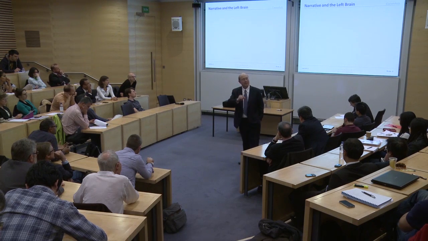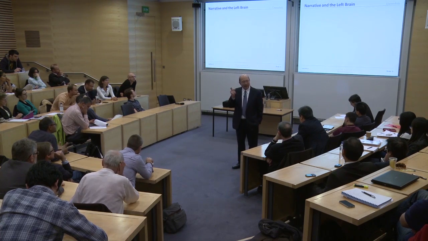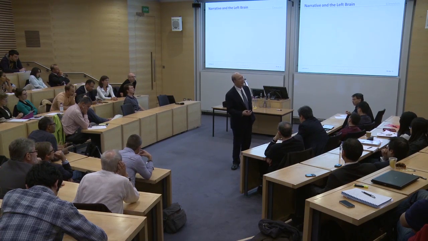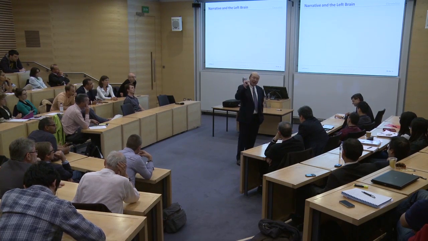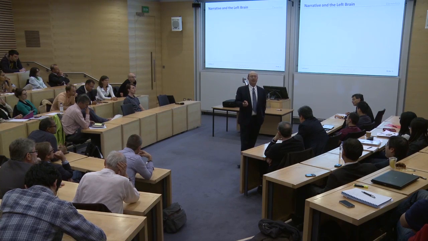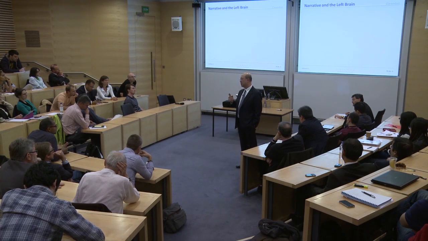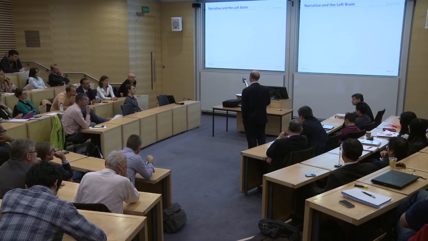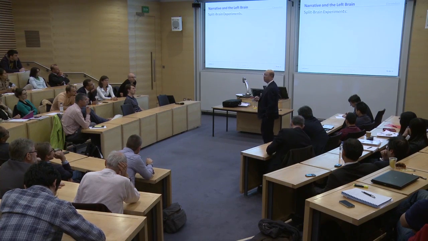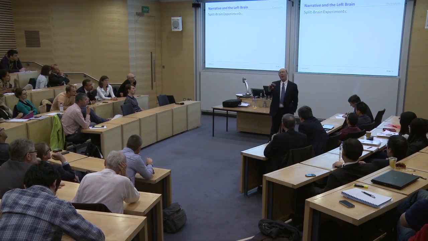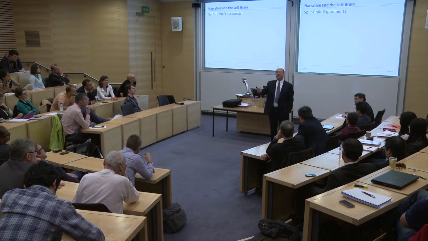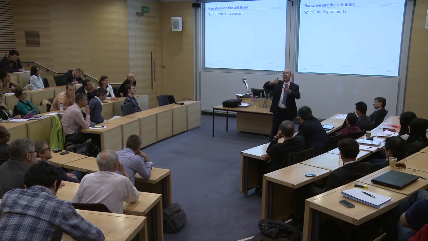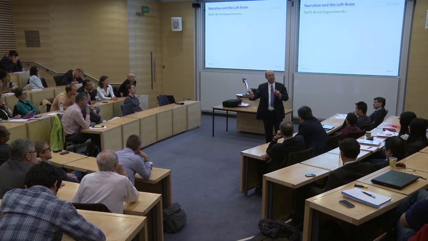Now, I want to go one step farther and talk about what economists think of in terms of decision making, which is planning, forward-looking behavior, and what ultimately I'm going to call narrative. It turns out that narrative is really the key to what we think of as rational expectations and intelligent decision-making. So to do that, I want to describe to you where the notion of narrative comes from, the idea of being able to figure out a sequence of events and be able to predict what's going to happen next.